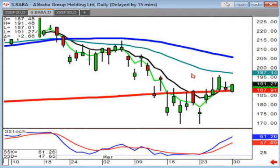BABA, same scenario. There's your best friend signal. Morningstar signal, close above the T-line. That was the reversal. This is just kind of telling you when they consolidated back here on the 200, the buyers are stepping back in. So remember, the buy signals,